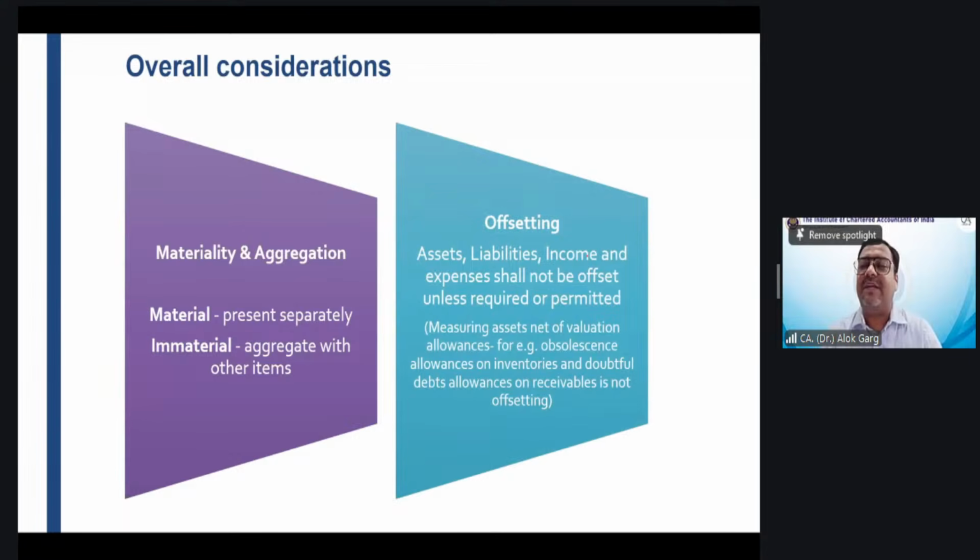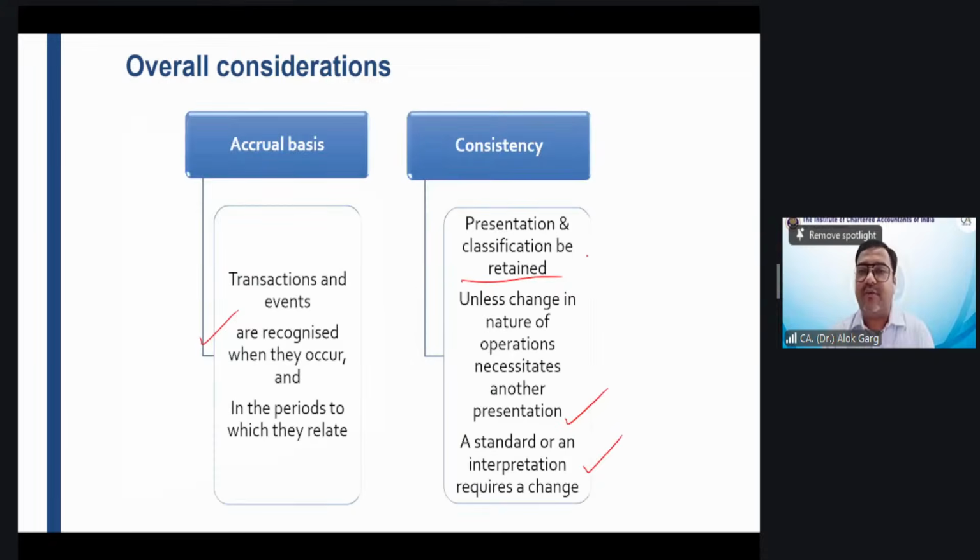We have discussed statement of compliance. We have discussed true and fair view. What are the features of the financial statement? The financial statement should reflect true and fair view by compliance with all Indian accounting standards. Number two, the financial statement has to be prepared on a going concern basis, except if the entity has ceased trading, the entity wants to liquidate the business, or there is no other alternative except to shut down the business. Then we discuss the concept of accrual basis, right? Then we discuss the concept of consistency.